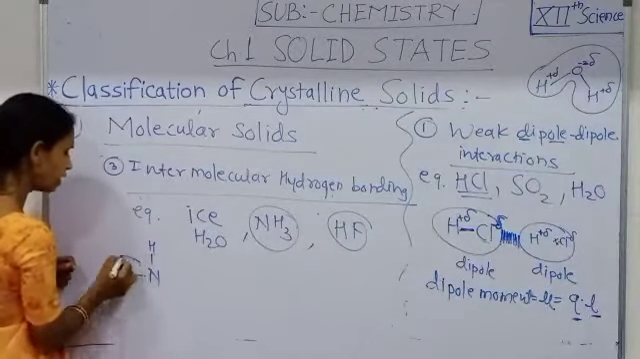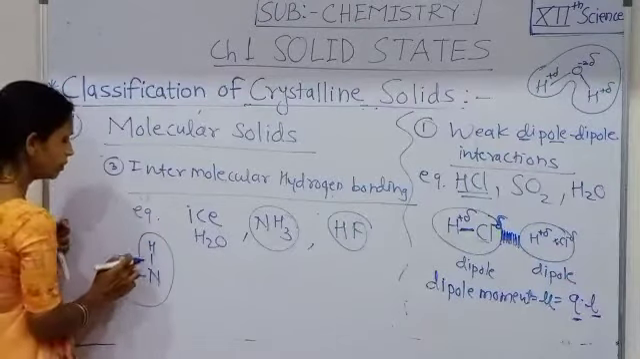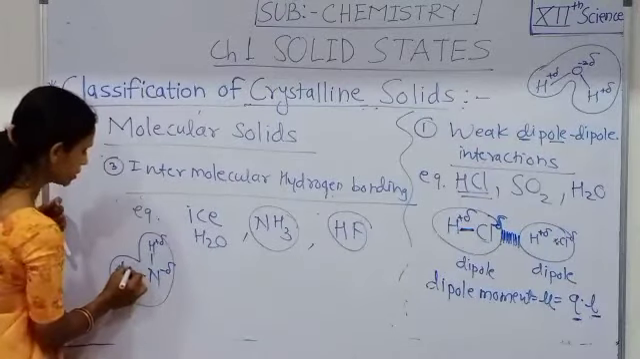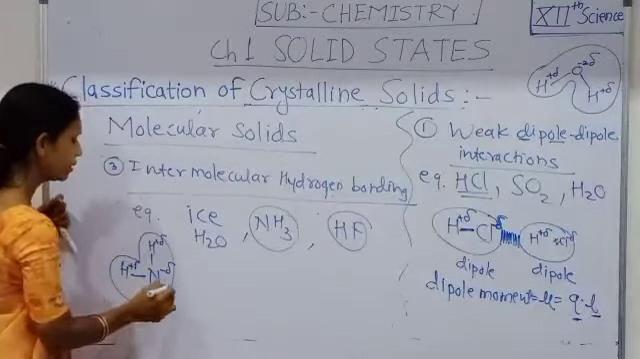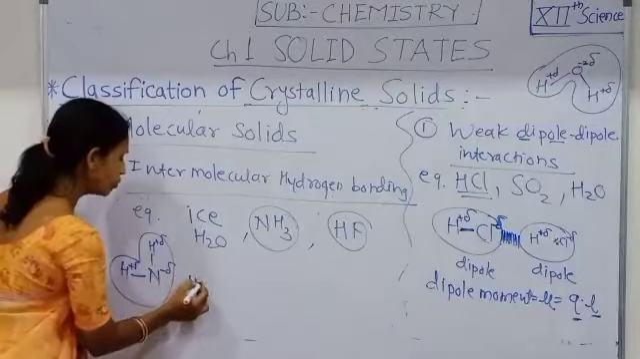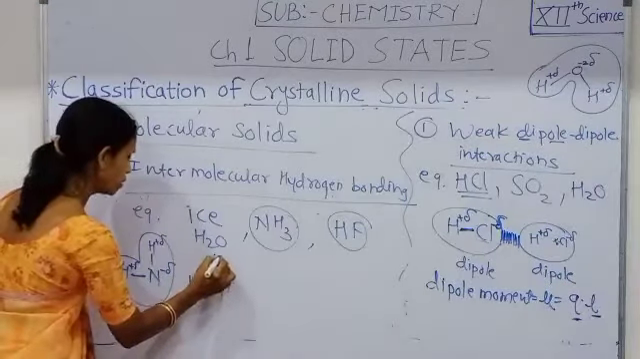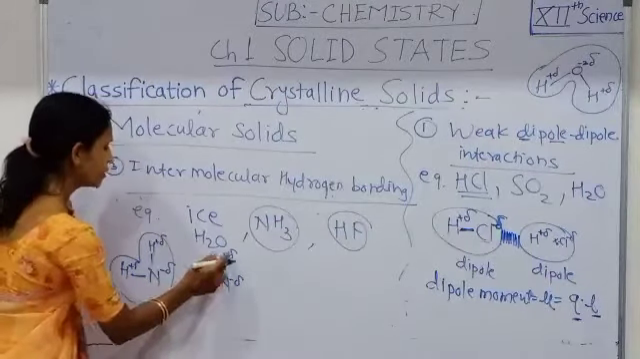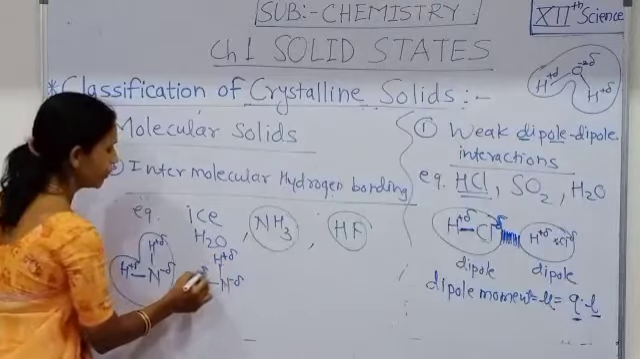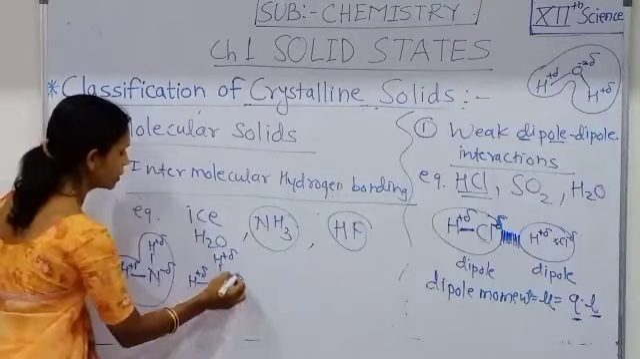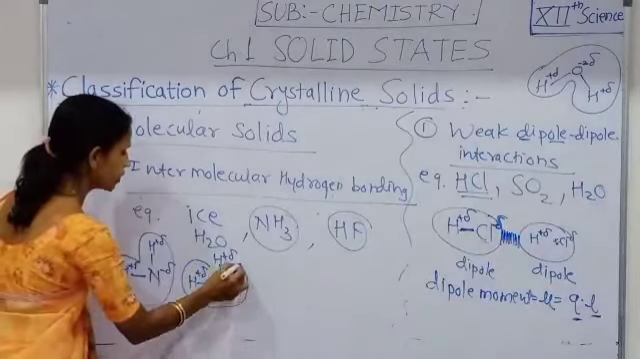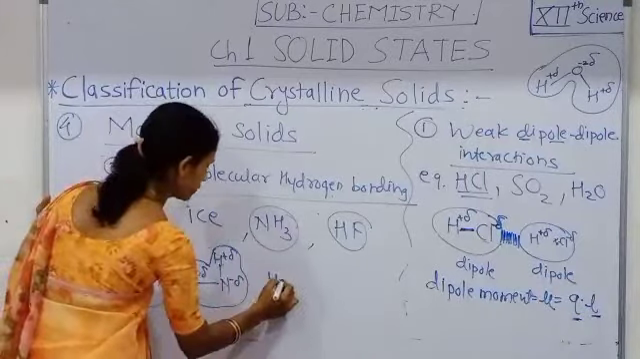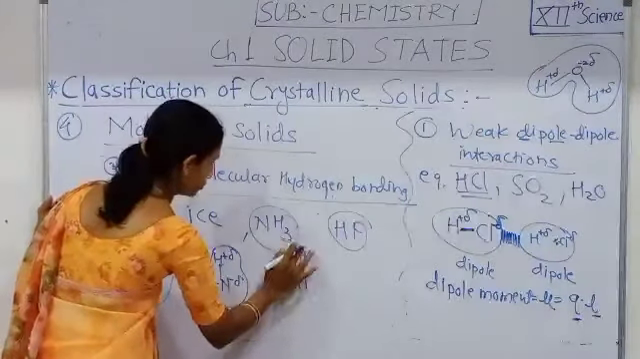See here, one NH3 molecule in which hydrogen possesses positive pole while nitrogen possesses negative pole. And here is another molecule of ammonia, in which hydrogen possesses fractional positive charge and nitrogen possesses fractional negative charge. Then the third molecule of ammonia,